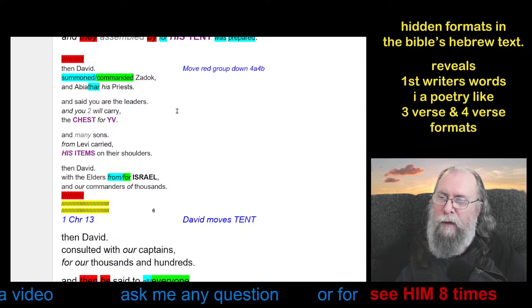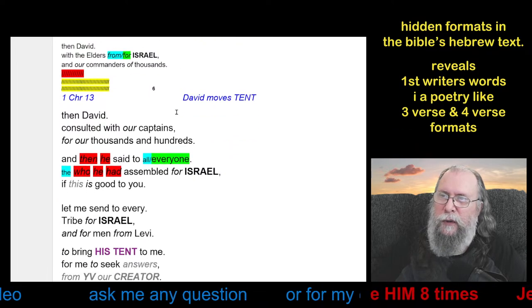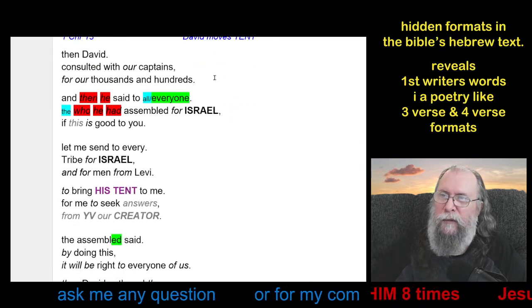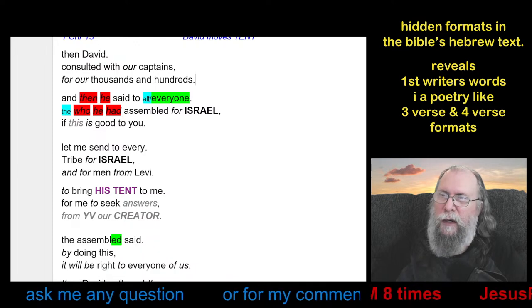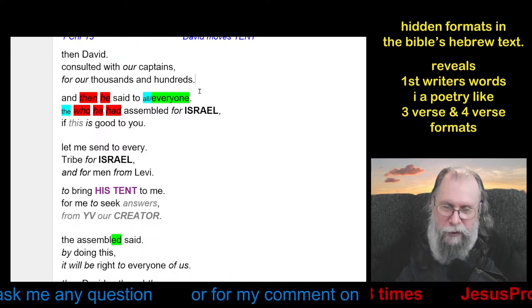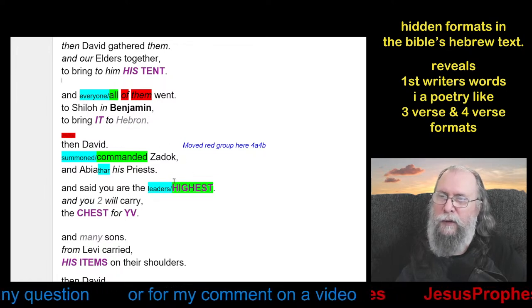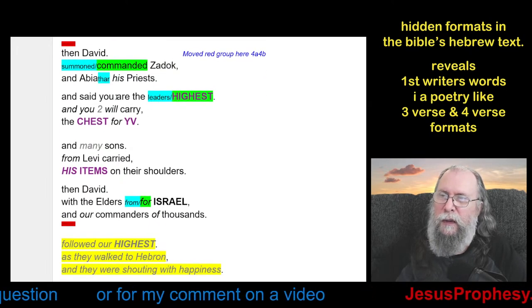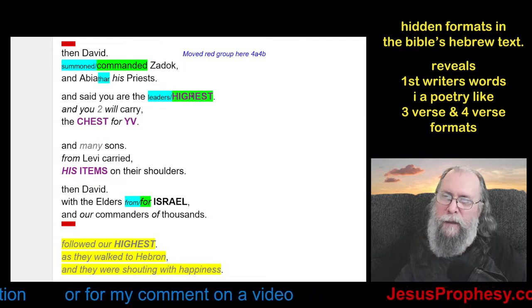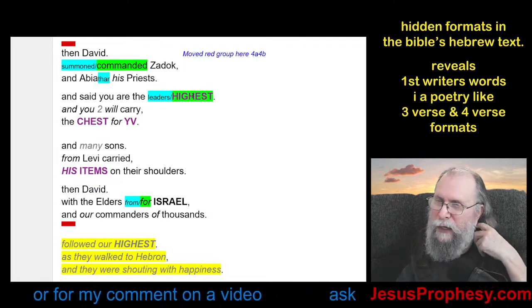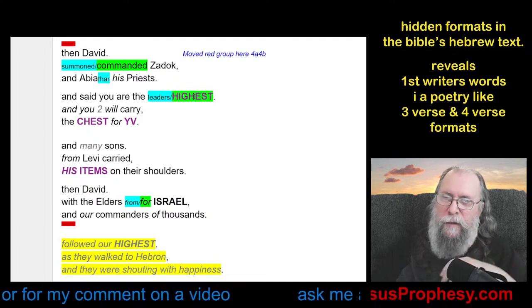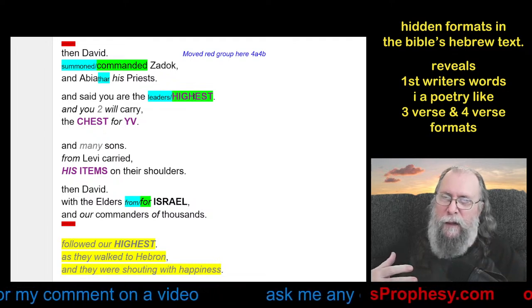So that should have been mentioned later, or maybe I went by and missed it already. All to everyone. I think that's pretty easy to understand. In here is where I move the text, and they are the highest. Now, I'm starting to use the word highest, and that's because they had